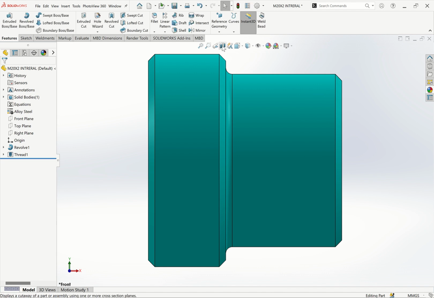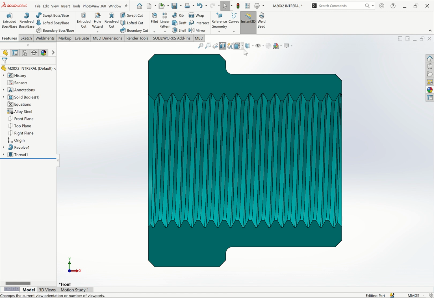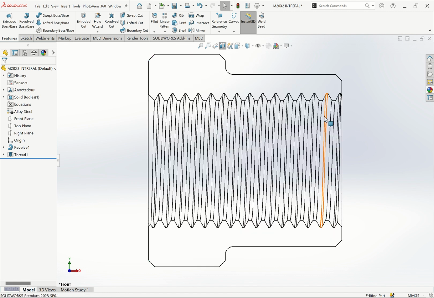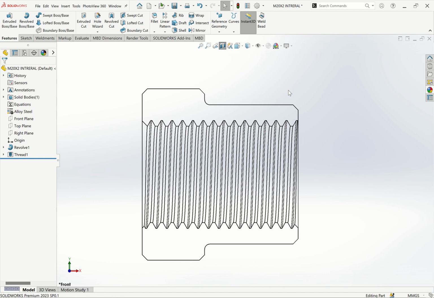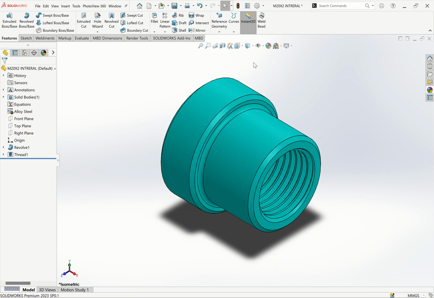If I click this section view, I'm able to see my thread inside, how the thread will look like. So this is the thread, you see the pitch. So this is what we have obtained for our internal. Okay,